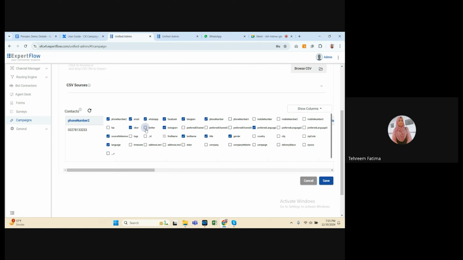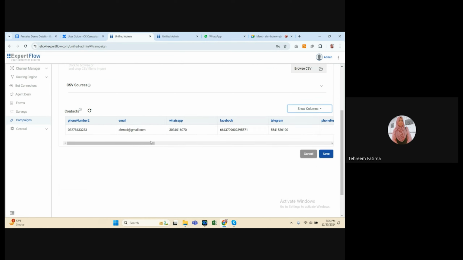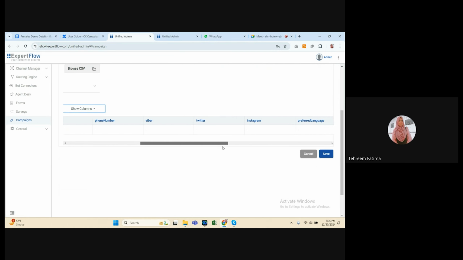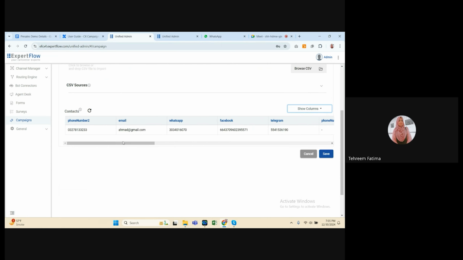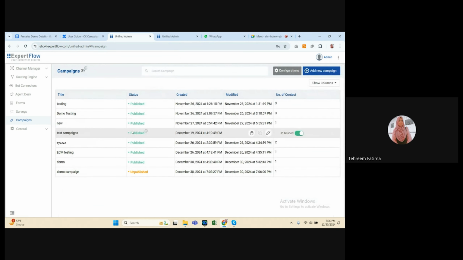So I will check mark this column, and you will be able to see it appear here. Yes, here is the Twitter. In this way, you can check mark the columns as well as uncheck the columns as per your requirement. So just save this file, and the context CSV file has been uploaded successfully.